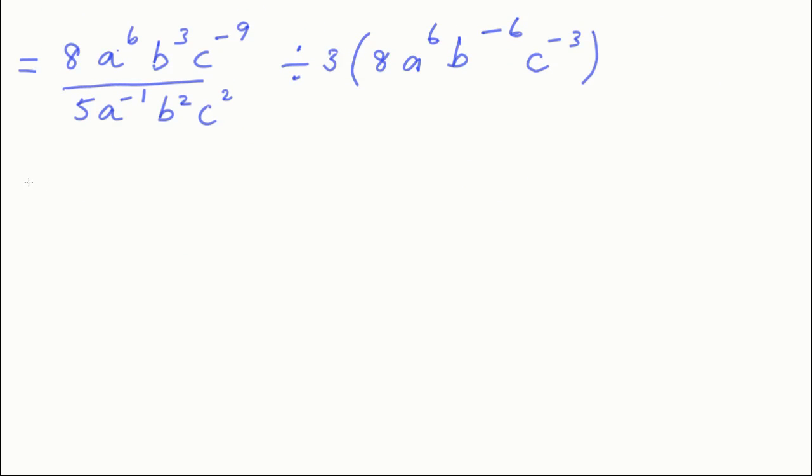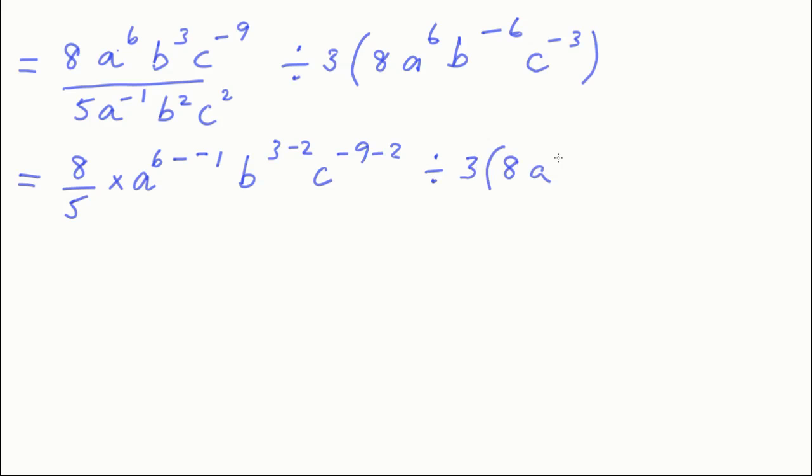So from here I would do this. I would go 8 over 5 multiplied by, and then just deal with all of this stuff here. So that's a to the 6 take away minus 1. When we divide powers that have the same base, you subtract the indices. b to the 3 minus 2 and c to the minus 9 minus 2, divided by 3 bracket 8a to the 6 b to the minus 6 c to the minus 3, and then that's 8/5